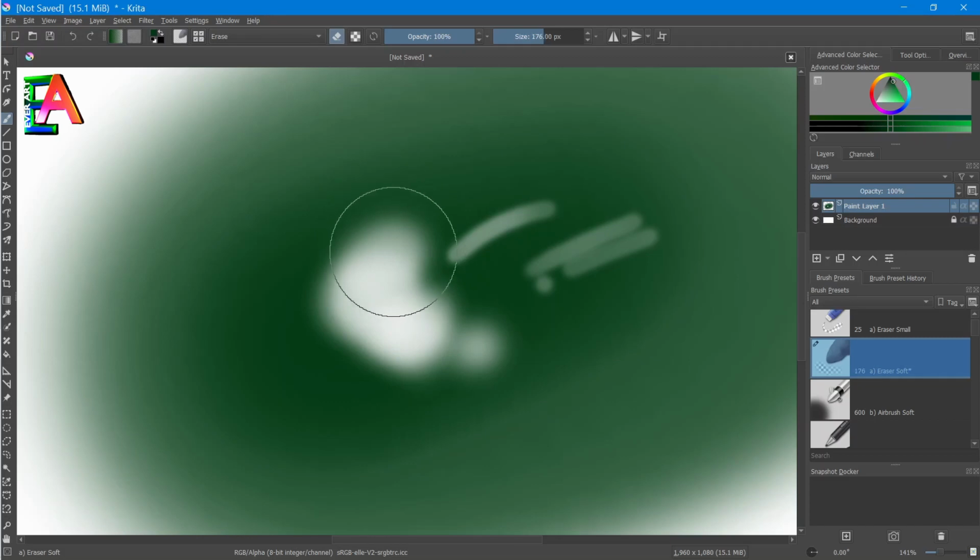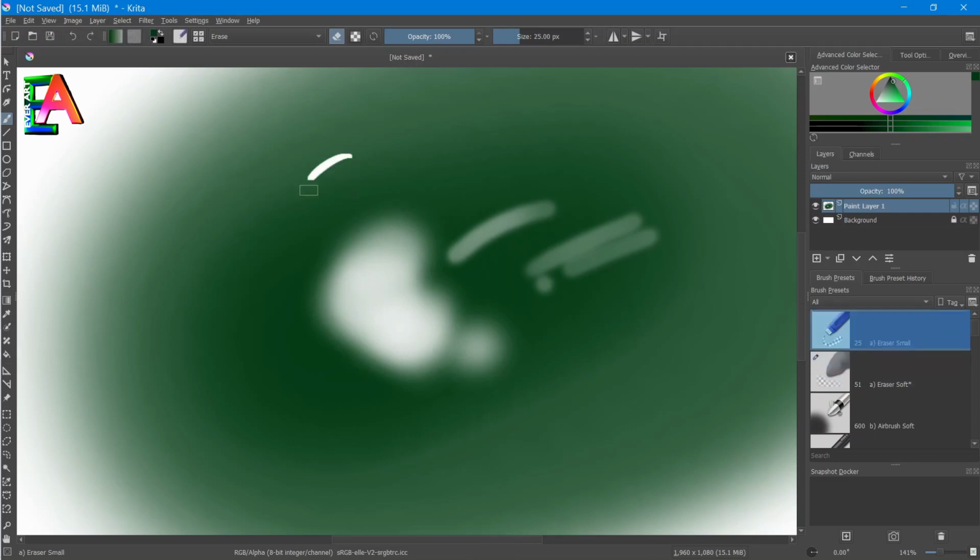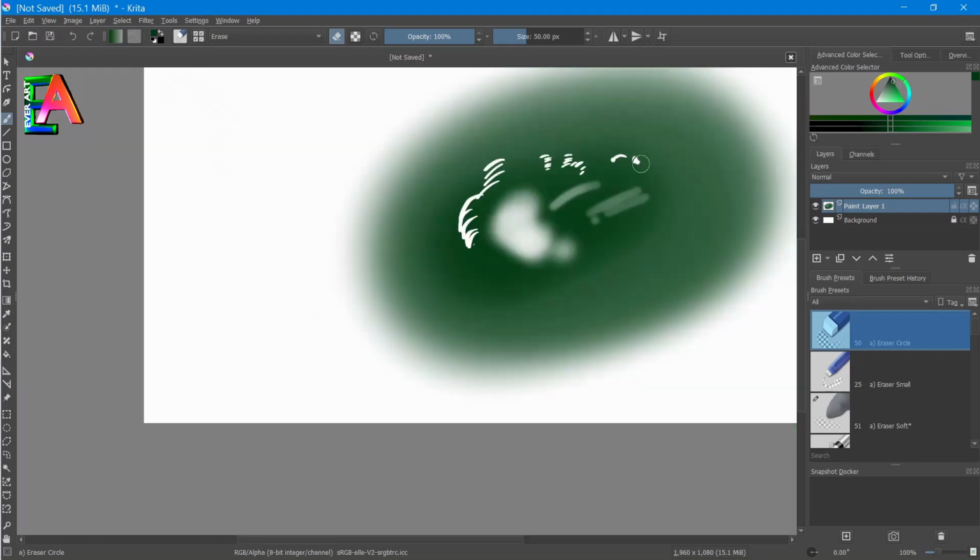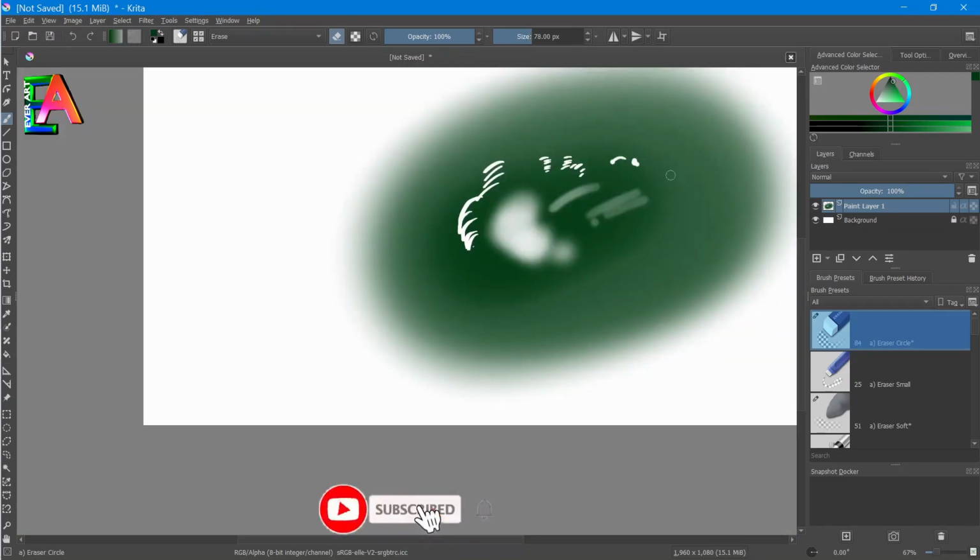You can see at the sides of it, at these portions, some softness comes out. But if you use this kind of eraser, it has no softness, and this is Eraser Small, so you can even erase a small part of your painting, and this will erase a circular part. Just see, this will erase in a circle-like pattern, and in this way you can use this.